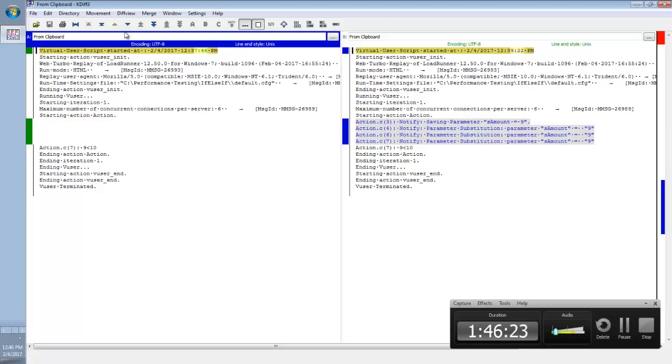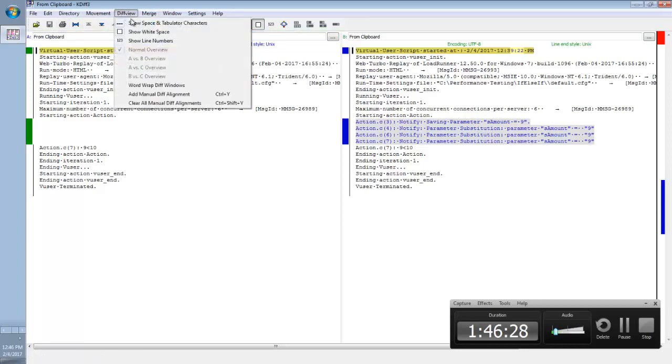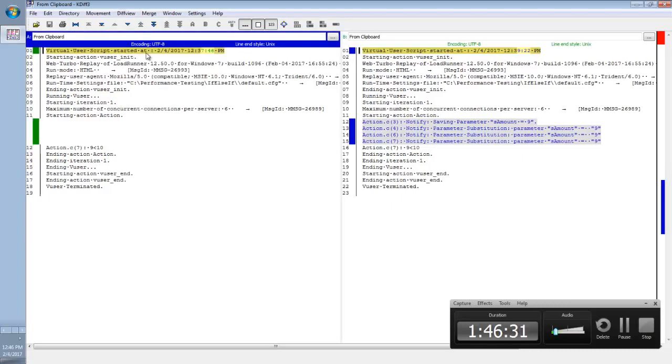Let me show line numbers. Can you see line number 1? It is a different color because there is a little difference here, 37:46. So that's why it is pointing. There is a difference in this line. The second line is the same. The third line is the same. The fourth line is the same. The fifth line is the same. So no problem. The problem here, this one is different. We have some extra lines here. Can you see how it helps you in identifying differences?